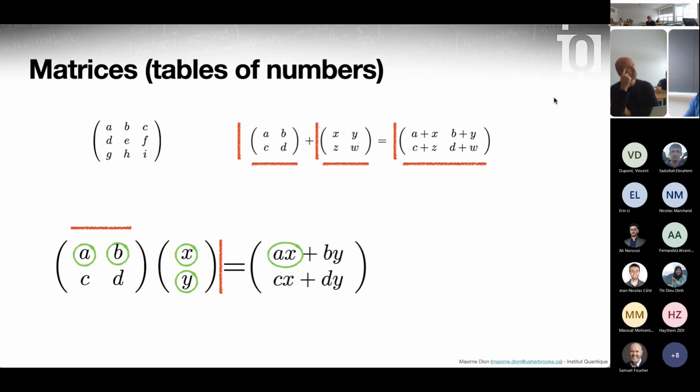You can follow this recipe for bigger matrices and bigger vectors, and that's how you obtain all of the others. For the next term, you proceed with the next row. So you do Cx, and that gives you the first term. Then you do Dy, that gives you the next term, and that's it. So the